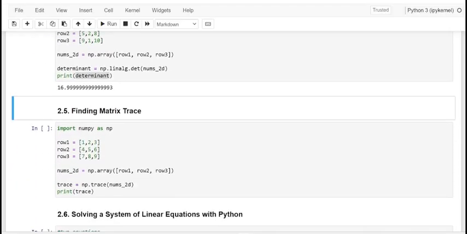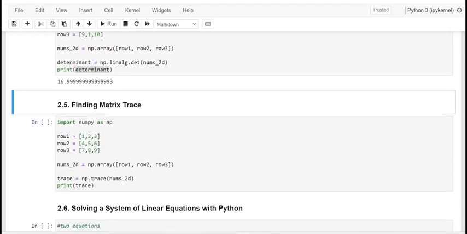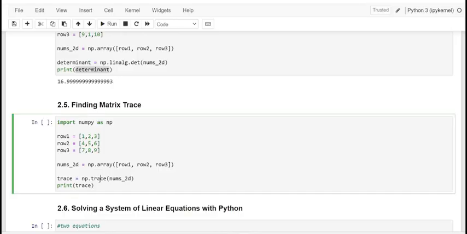Next comes the matrix trace, dear friend. The trace of a matrix refers to the sum of all the elements along the diagonal of a matrix. Kindly have a note of it. To find the trace of the matrix, you have to use the function trace. Here we are not going through linear algebra. It is directly trace, where we only take the summation of the diagonal elements.